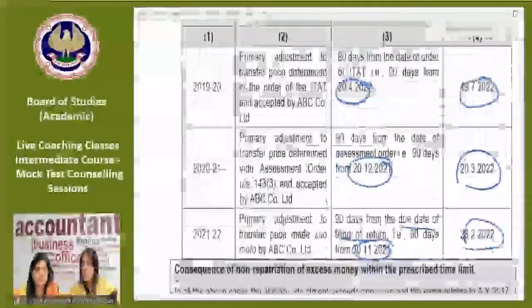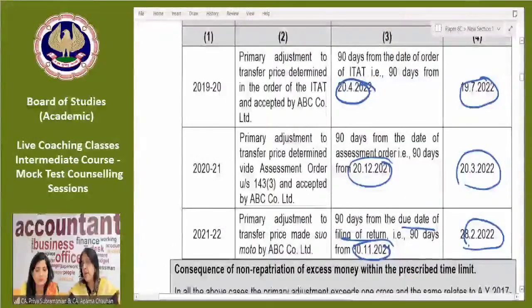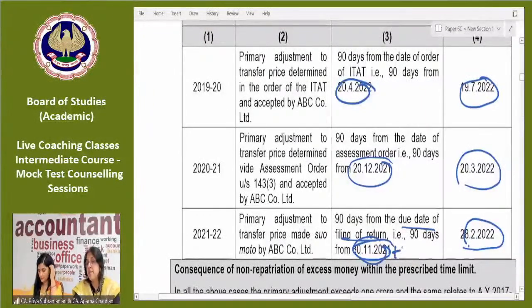Suppose in this case, it has to be repatriated by 28/2/2022. You have not repatriated. So, your interest will be computed and added. For interest computation, I have to start from this date, not this date. Interest computation, at 3%, I will be doing from 30/11/2021. So, I will have to do from 30/11/2021 to